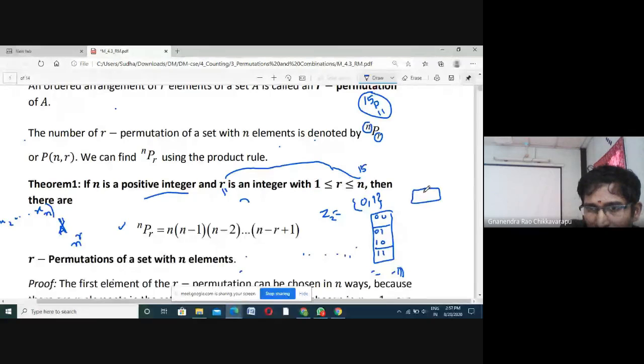What is the availability of digits? 0 and 1 are available, so their number is 2. What we require is a string of length 2 only. From the logic, the first place may be occupied by either 0 or 1, so this can be done in two ways. After filling that, we